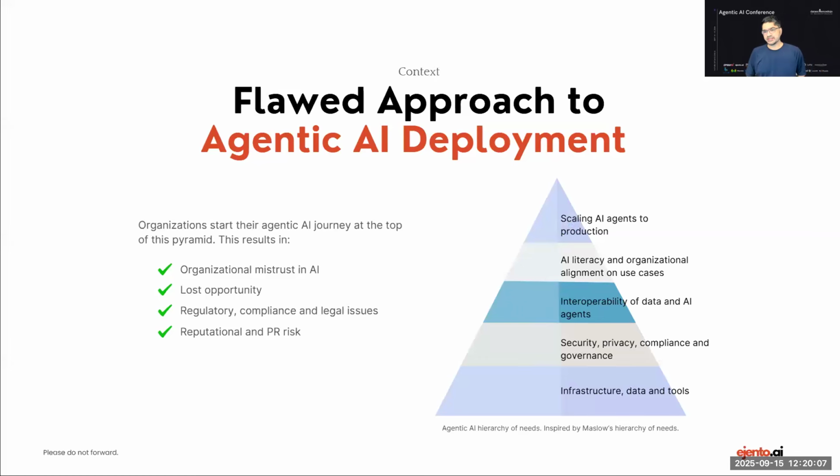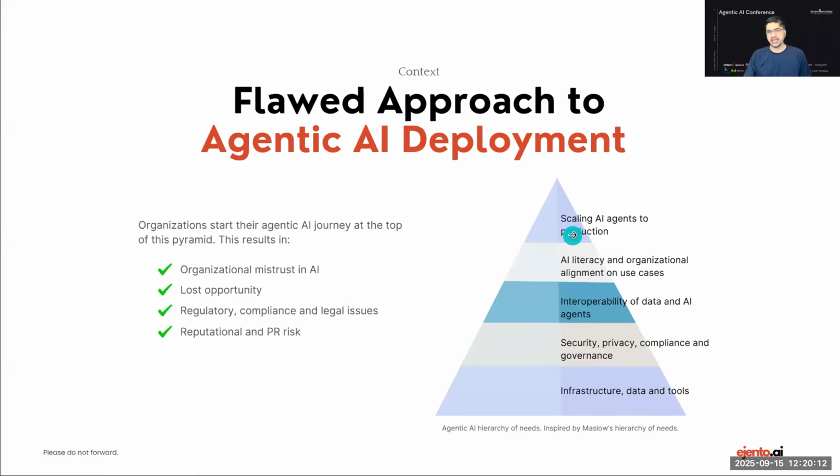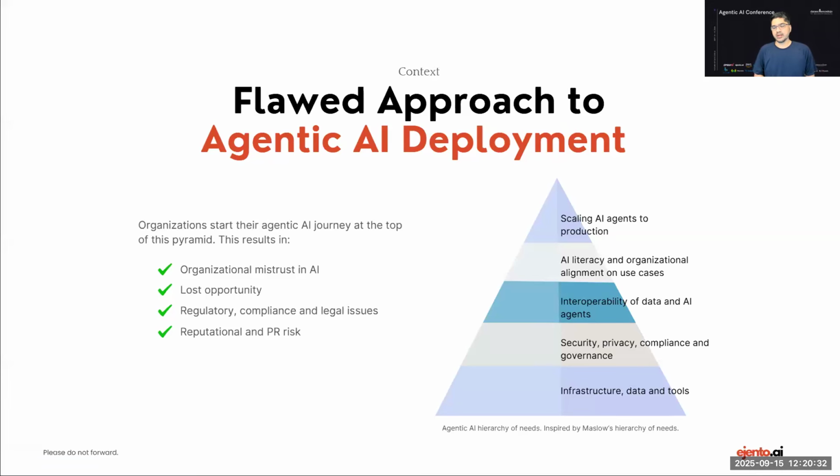But the reality of it is that before you even get to building and scaling AI agents in production, you have to really take care of your infrastructure, your data, and your tools. Are the tools connected? Are the tools interoperable? Are they connected or not? Is everything secure? And are you compliant? You have to worry about data governance. And now we talk about AI governance. We talked about prompt hijacking and jailbreaking.